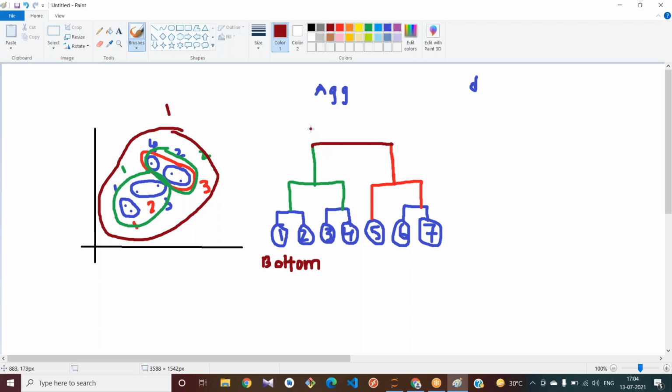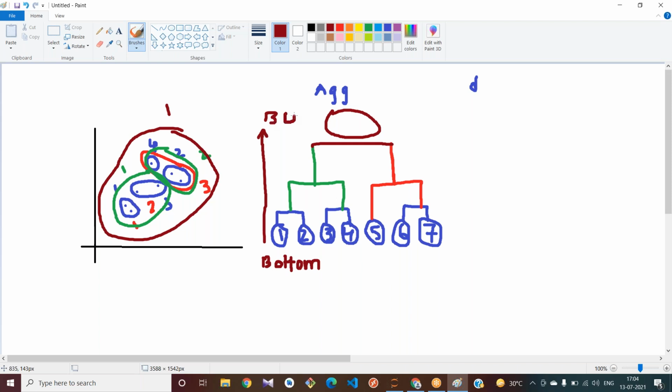It continues until all points are clustered into one group. From the bottom it is trying to cluster your data until you get all the points into one cluster by using some distance measures. And this approach from bottom to up is called the bottom up approach.